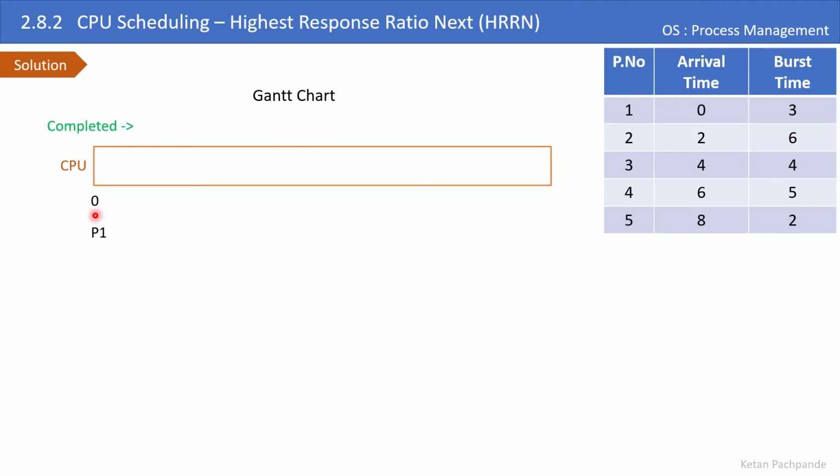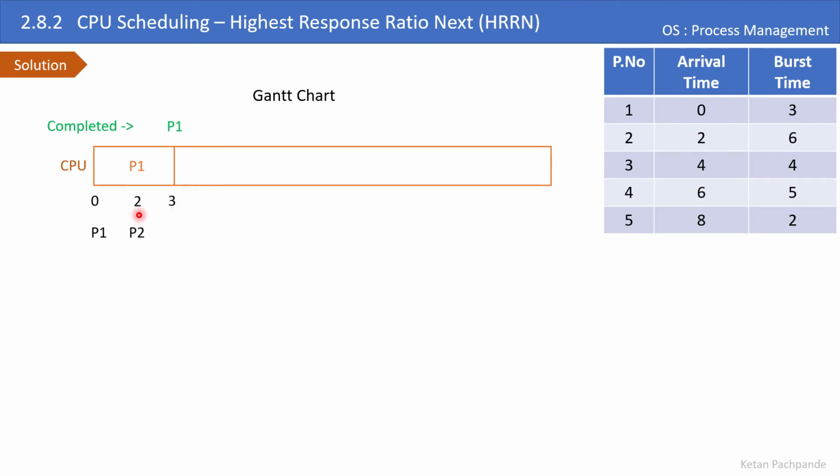So remember that whether you apply the HRRN algorithm or any other algorithm, at any moment, if you have only one process to schedule, you don't have to make any decision. You can straight away schedule that process to the CPU. So here at time t is equal to 0, I have only one process, so I am going to schedule it. Now since it is a non-preemptive algorithm, it will run up to the time it requires. It requires 3 units of burst time, and at time 3 it will finish.